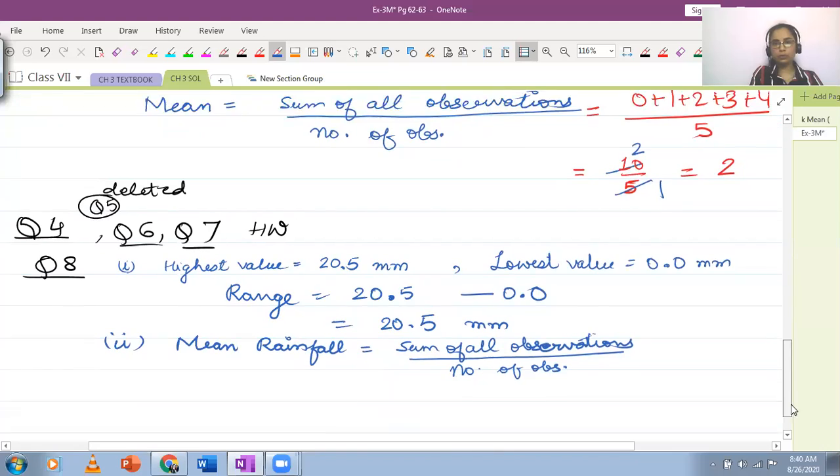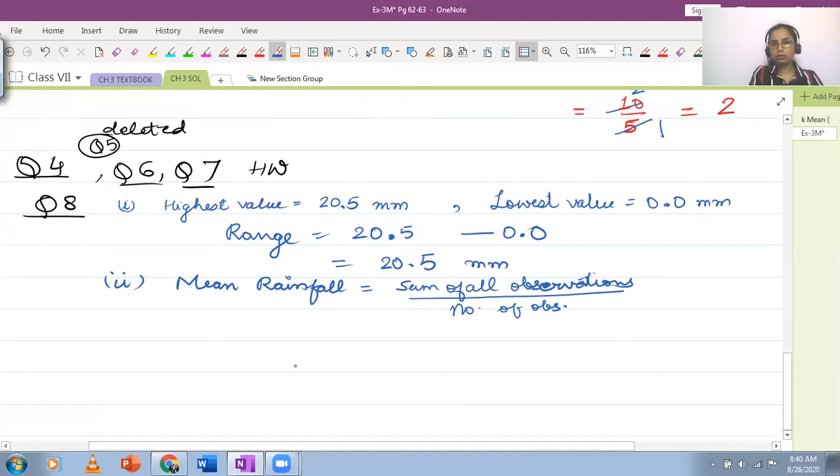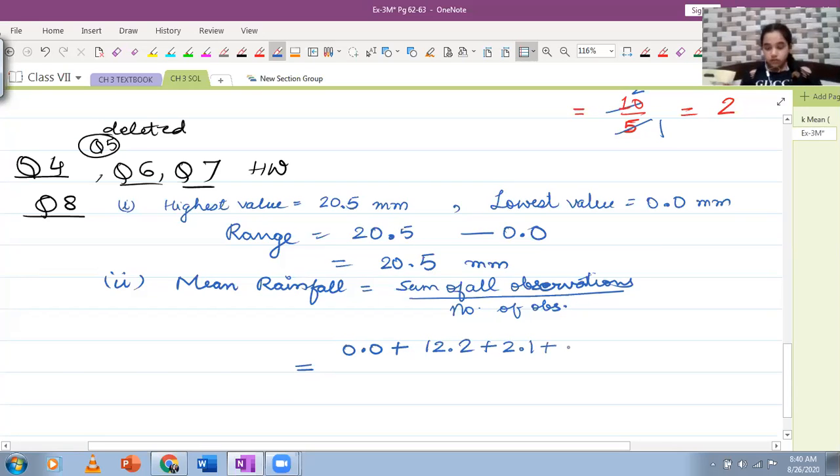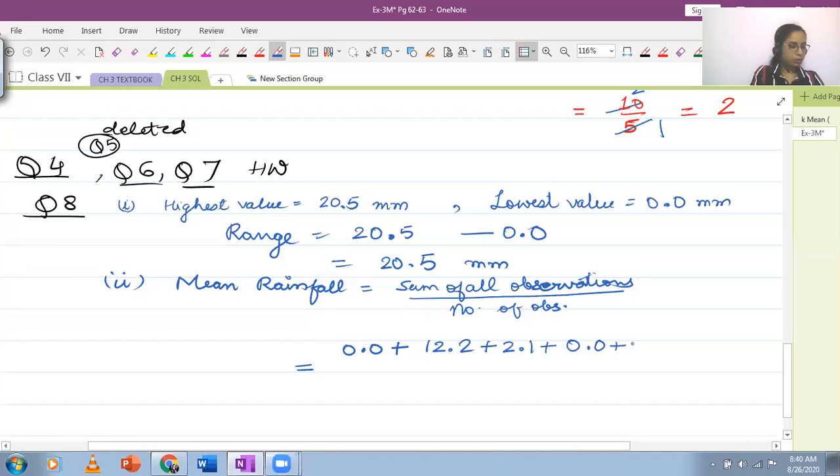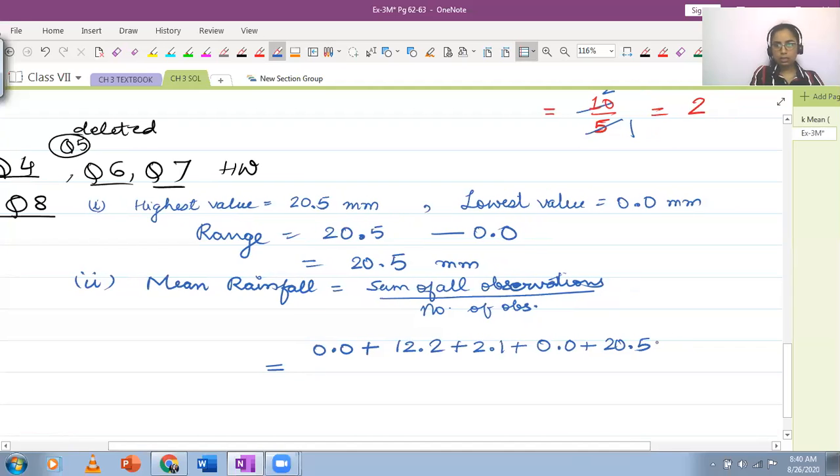Achut beta, I hope you've done question 3 by now. Okay, now I'm going to just add the values. On Monday, it's 0.0 plus. On Tuesday, it's 12.2 plus. 41.0 millimeter. That's good. You've already done the total. Let me just write down here with the other students. Now 20.5. This is on Friday. Then again, I have 5.5 plus 1.0. And these are 7 values. Is that correct?